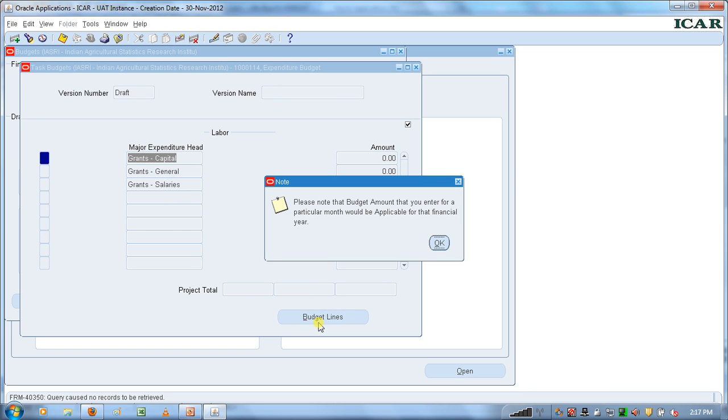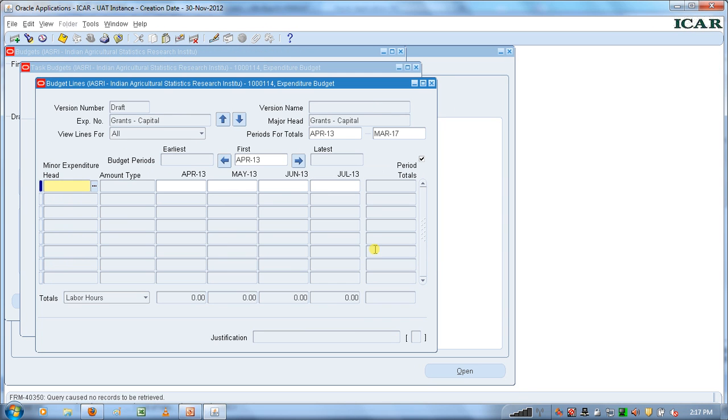A note would pop up asking you to ensure that the budget amount that you enter for a particular month, that budget amount, it informs you that it would be applicable for that entire financial year. So click on OK. What this note basically means is that any amount that I enter in April 2013 will be available for financial transactions for the entire fiscal year, that is from April 2013 to March 2014. So that amount that you enter is not limited to a particular month, that would be available for the entire